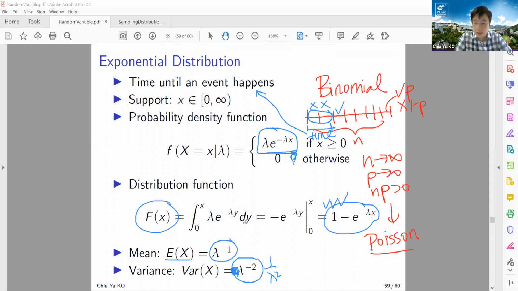Okay. Any question? Is that okay? Just make sure you remember the things in blue. It's something that you will be asked in the quiz, and likely in the exam too. Any further question? If no, then